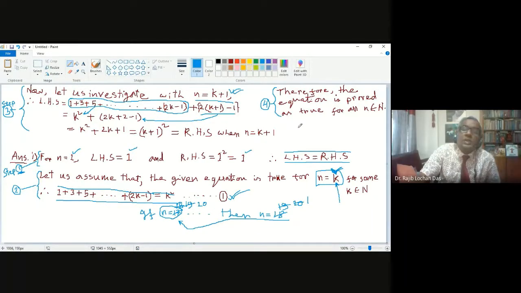No. The thing is, the original pattern was 2n minus 1. That is the original thing given in your question. Right? This is the last term in your question. Is this okay? Yes, sir. So you put n equal to k plus 1. That's it. So now you put it yourself and see where the multiply and where the minus goes. Do you understand? Yes sir, I understand. Okay.